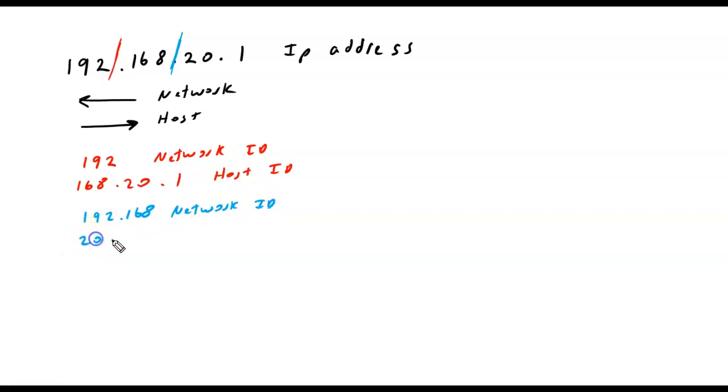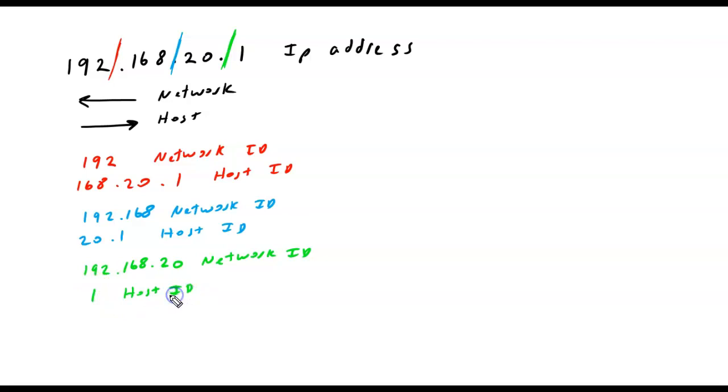Whereas 20.1 is now the host ID. And finally, if I put the dividing line here after the 20, then I have 192.168.20 as the network ID. And I would have 1 as the host